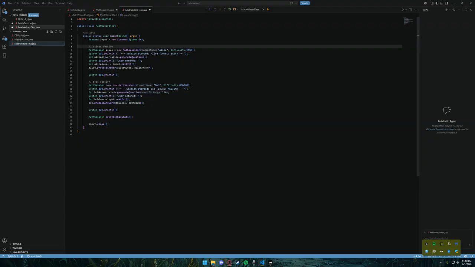After each question gets generated, I read in the user's answer with Scanner and pass it to processAnswer. And then at the very end, I call MathSession's printGlobalStats to show the combined totals from both sessions. So then if I hit run right here,